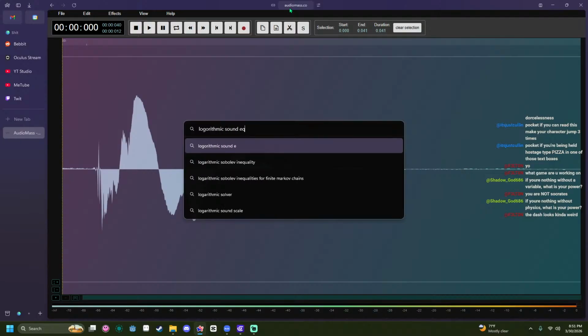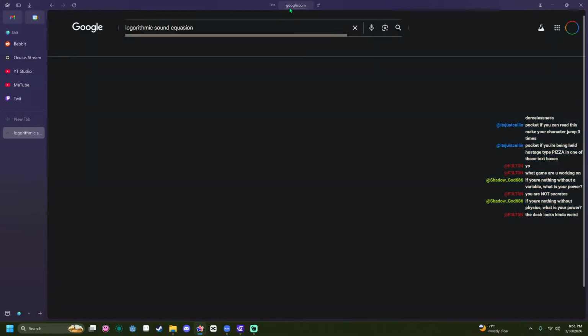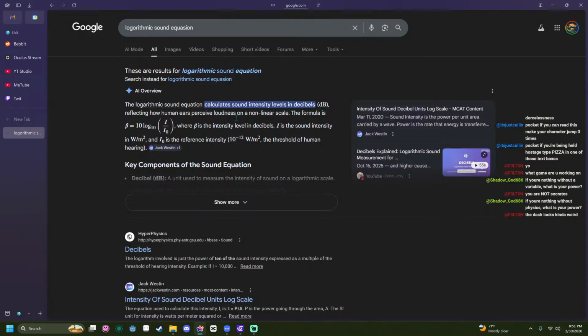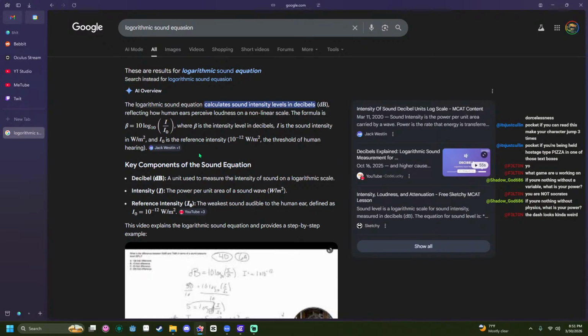Make sound equation. Give me the... This is it right here, I think. Yeah, 10 minus... or 10 to the exponent. And then it's...